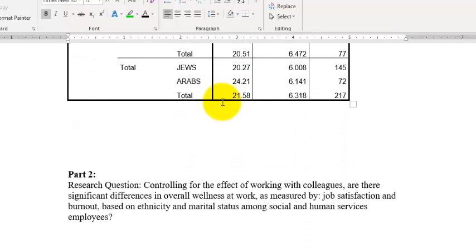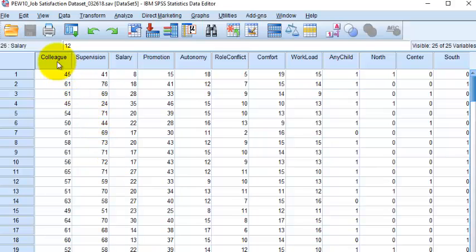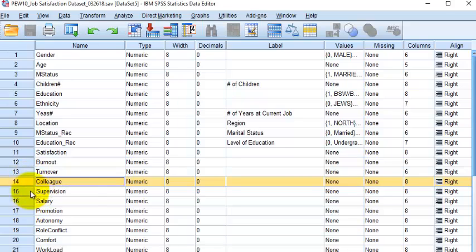All right, here comes the juicy part. Now we're going to add a covariate, right? So the covariate is controlling for working with colleagues. On your data set, there's colleague right there. That is your covariate. So we're going to go ahead and control for that and rerun everything.